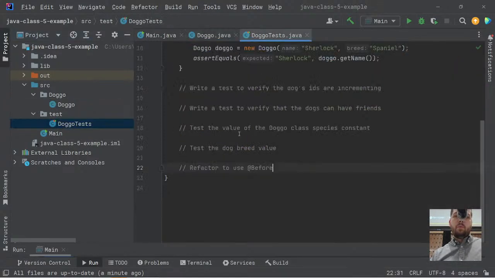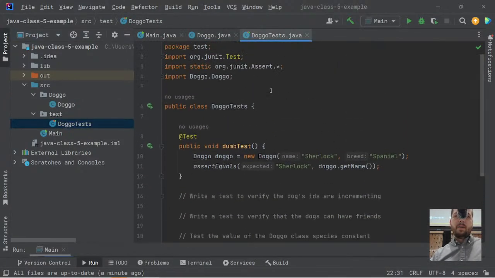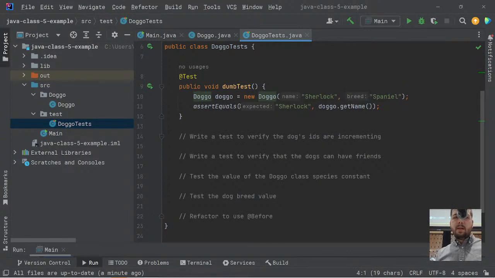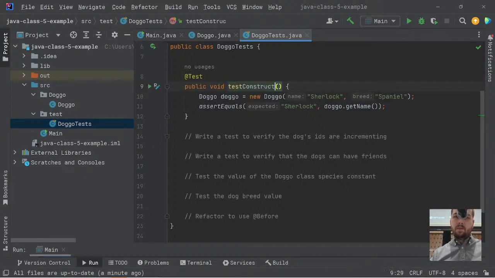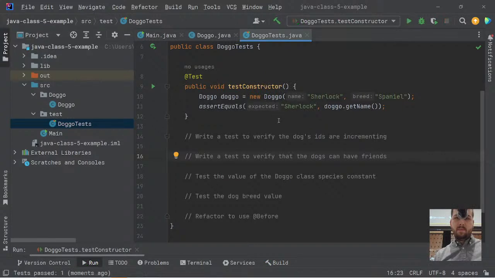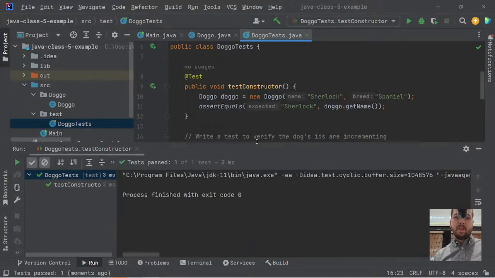And so now we have a test suite. In here, I'm importing JUnit. I'm importing the assert statements. And then I'm importing the doggo class. And so here we have our first test. I wouldn't call this a dumb test, but because this is valid, I'm going to rename this to test structure. Cool. So if we run this test,